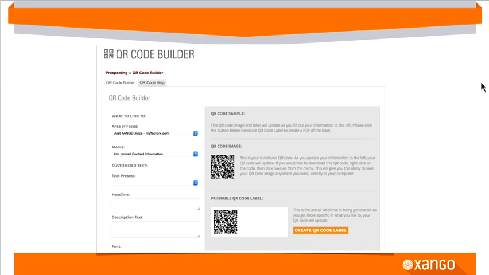Based on that, I can set it up so that when somebody scans the QR code, it'll instantly play a video. After the video is done, a PDF will pop up, and then my contact information. So literally I can have a presentation built into the sample, so that when I take the Your Best Day Yet sample and put it in your hand and ask you to scan the QR code,